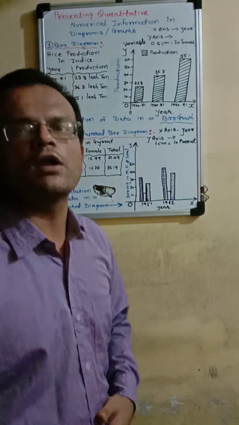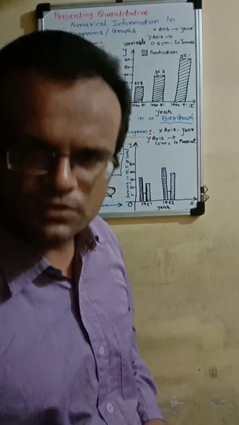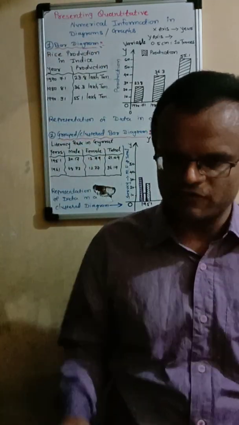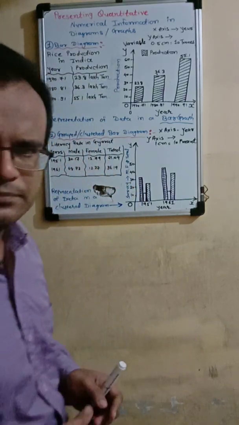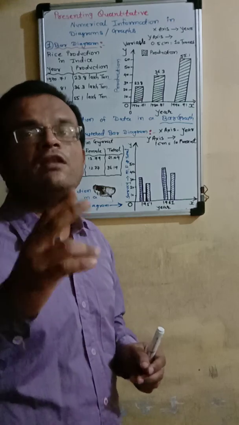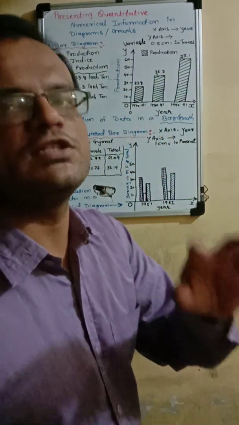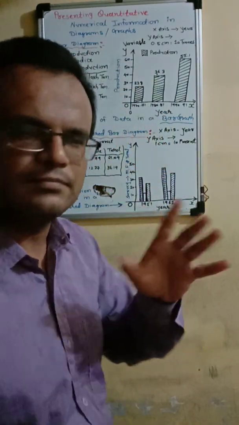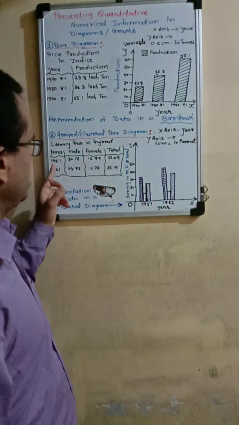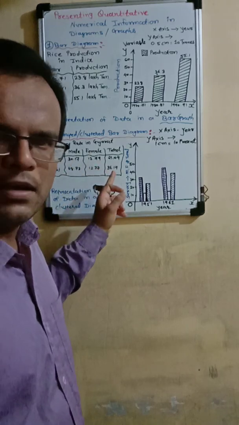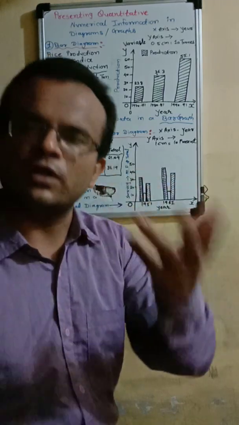Second one, group or cluster diagram, used when the data is about one or more groups divided in different forms or formats. For example, here the data is divided between male, female, and total. This is the data about education in a particular state. We have taken Gujarat state, and only 2 years: 1951 and 1961. Education rate of male, education rate of female, and education rate in total.